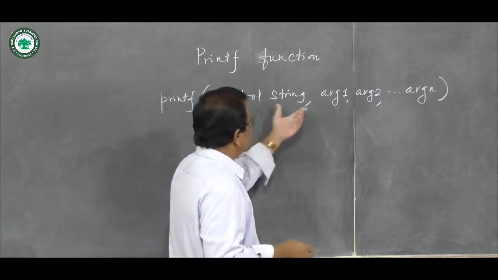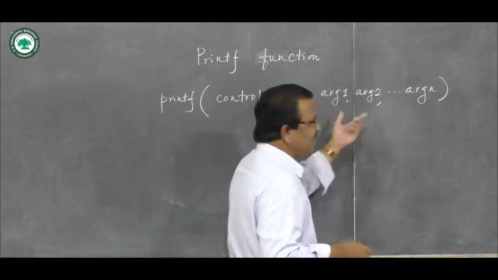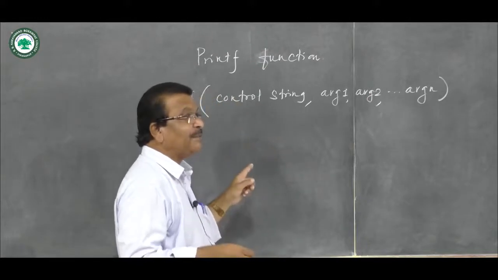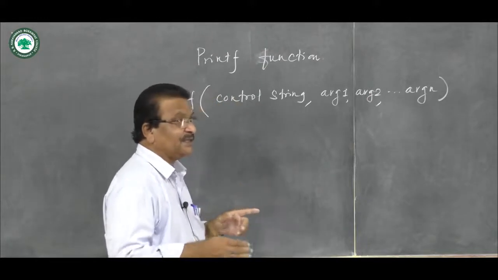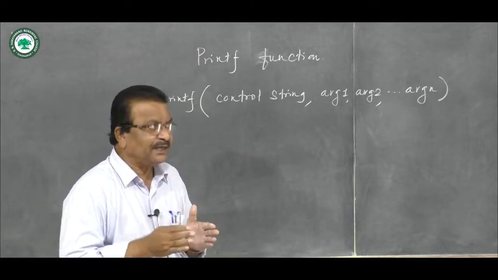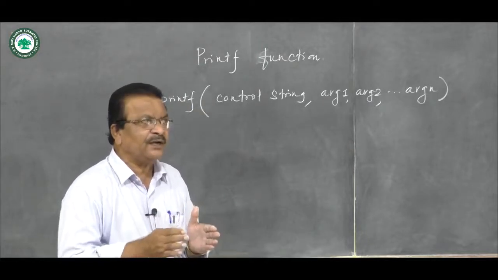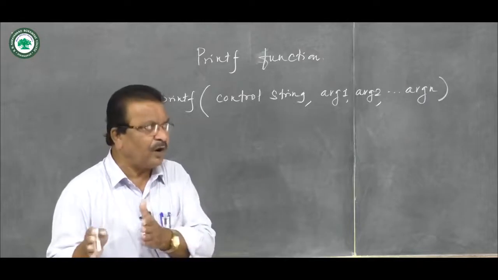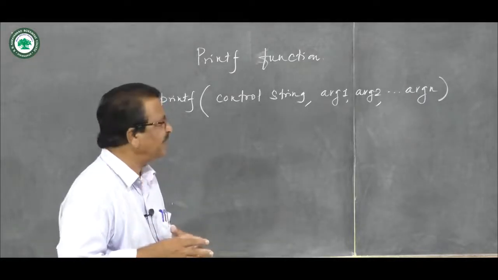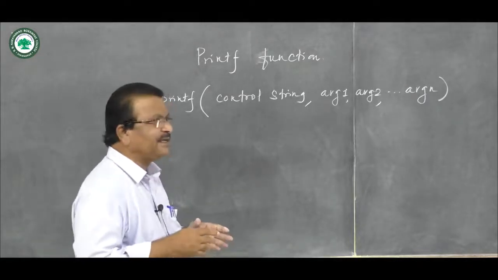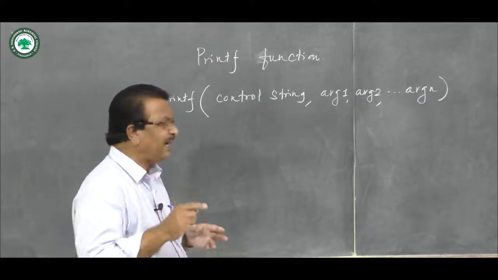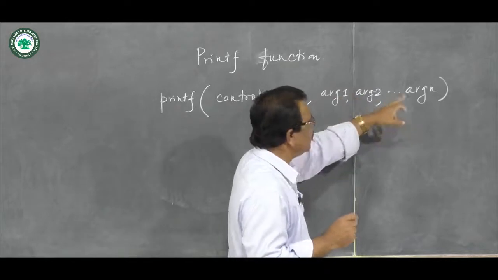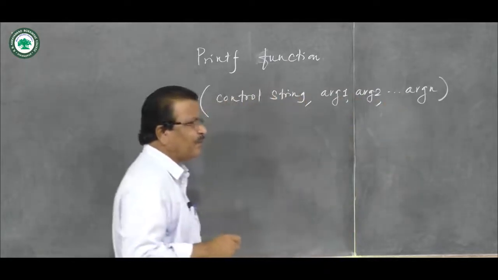Then these arguments, as we shall see, are not preceded by ampersand sign, because what printf is doing is just moving processed data from computer's memory onto output device such as screen or display, and therefore it doesn't need that ampersand or address of operator before this. As usual, these arguments are separated by commas.